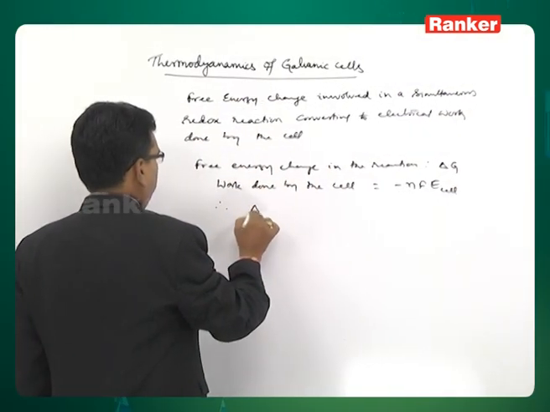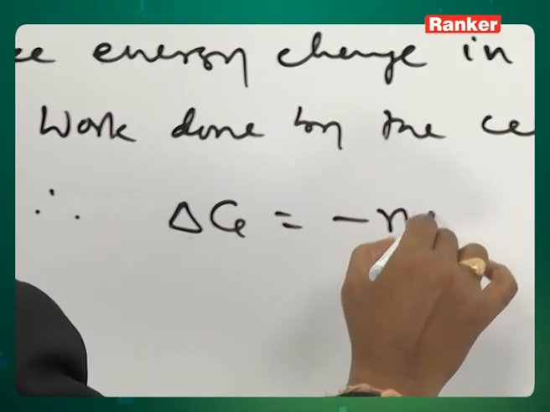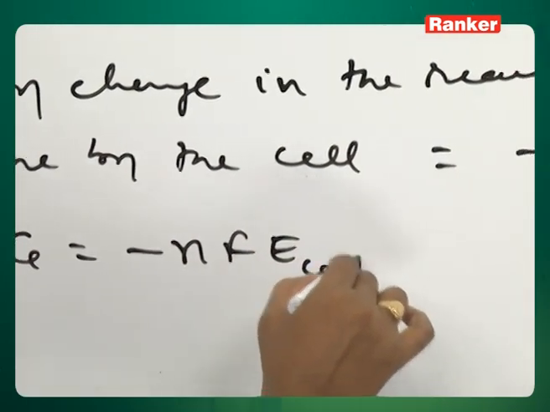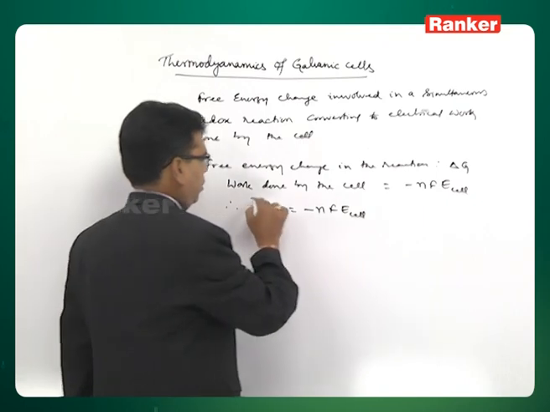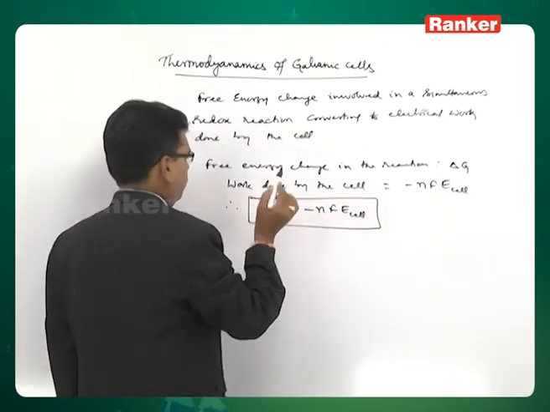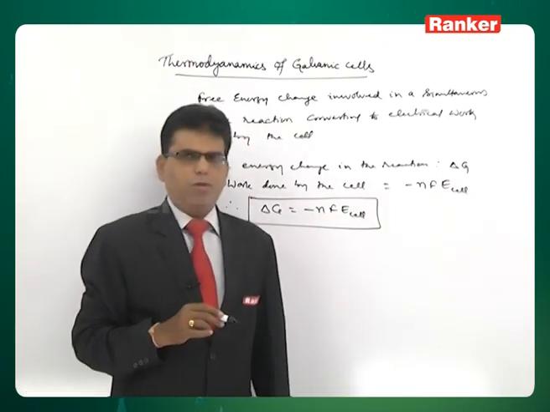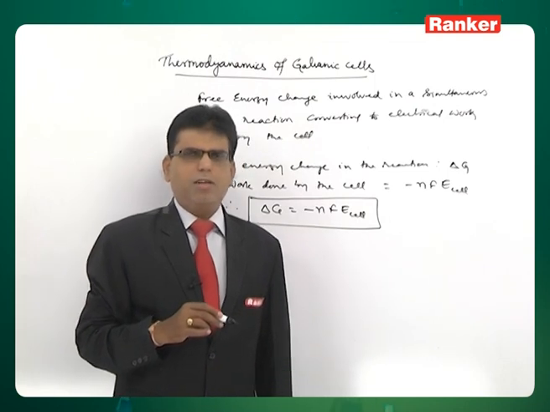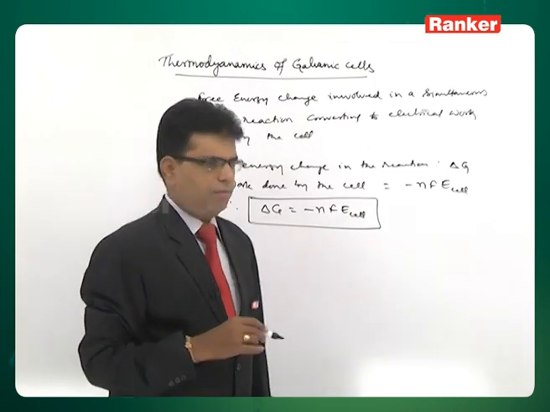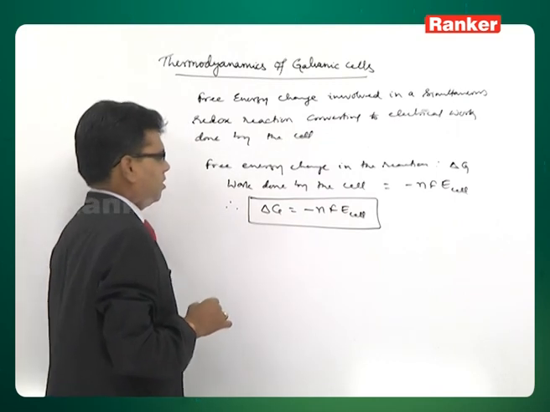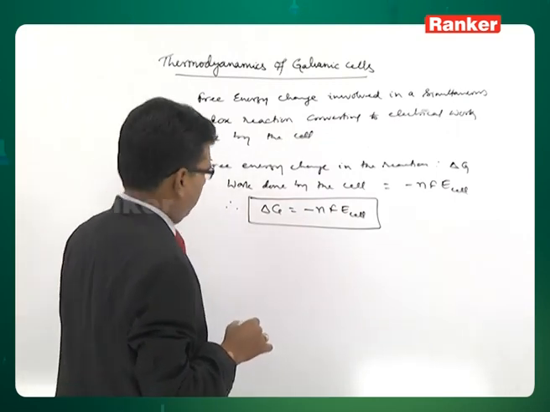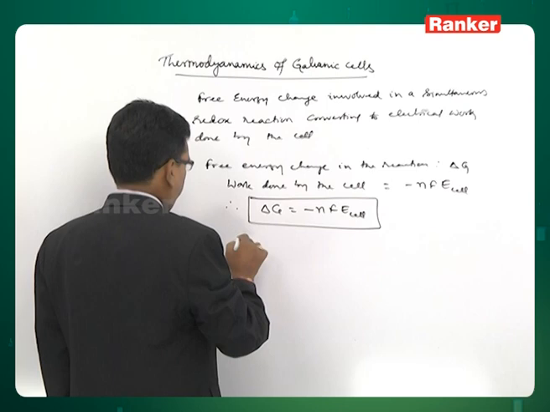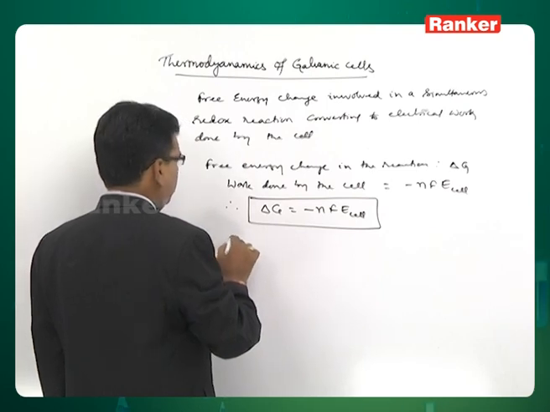Therefore, delta G is equal to minus nF E cell. This is the basic relation. Of course, from this only the Nernst equation also we have derived. So, this delta G is equal to minus nF E cell, and also that